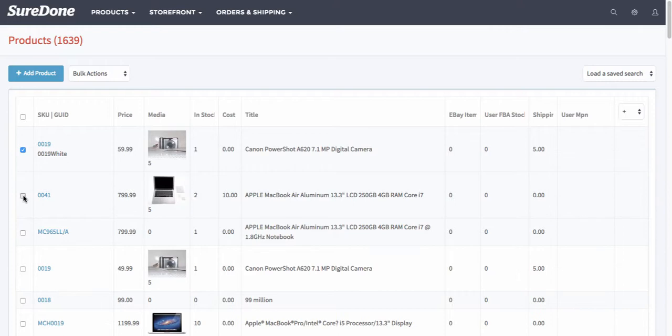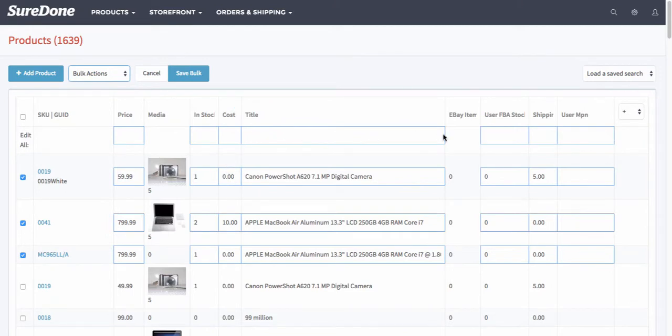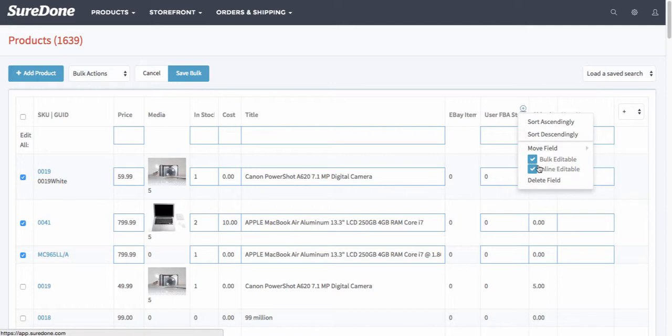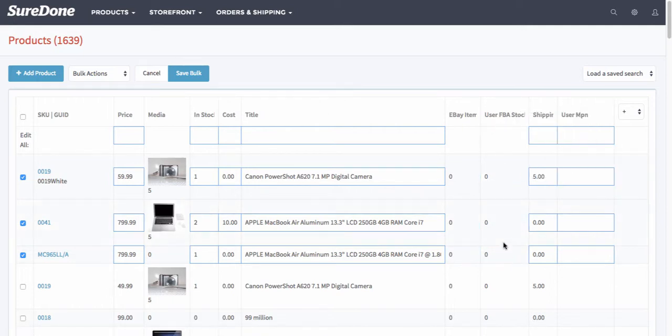Let's say I want to change a couple different products. I could go here, select multiple items, and do a bulk edit. And now I can manipulate all the data at once. You can also control which fields are editable. So if I want to shut these off, I could go here and shut off bulk editing, and that will actually remove that column. So it's kind of like working on a spreadsheet without having to export the data and